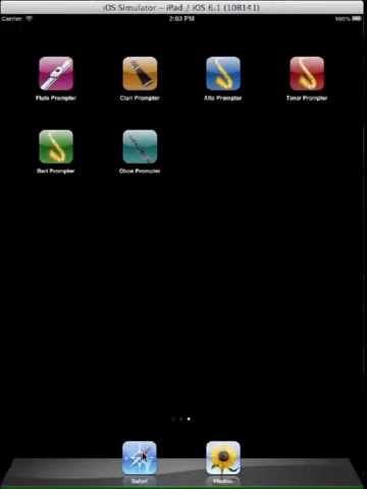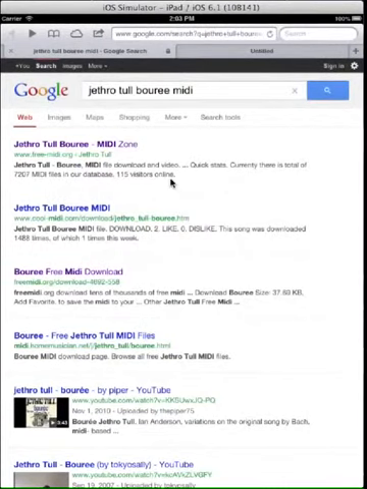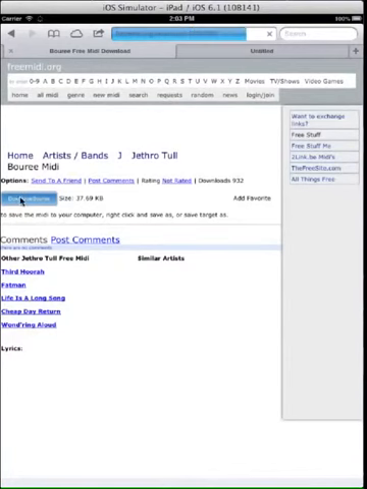You can import a MIDI file from a click on a link in a web page or from an email attachment that maybe you send yourself or somebody sends you, like an instructor might send you an email with a MIDI file attachment. Here I've already Googled for a MIDI file for a cool Jethro Tull flute instrumental, and I'm going to pick one of those, go to the web page that hosts it, click the download link,